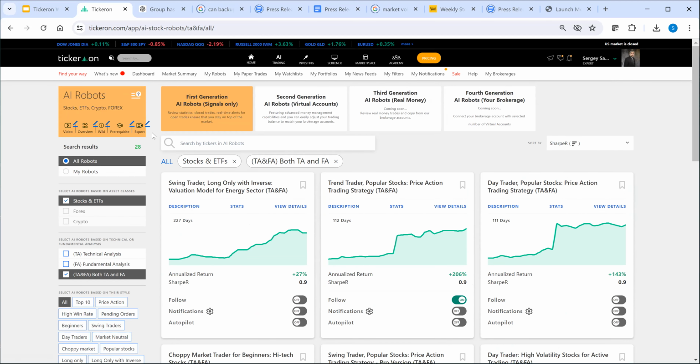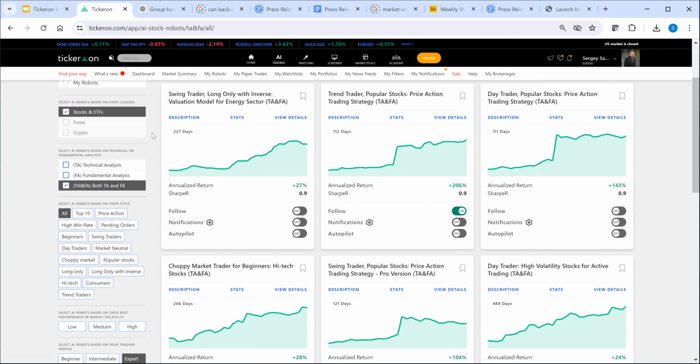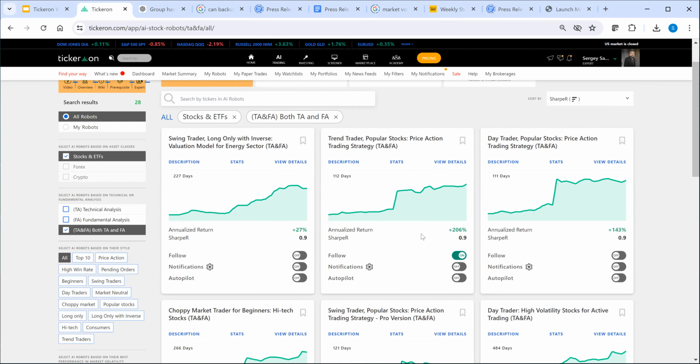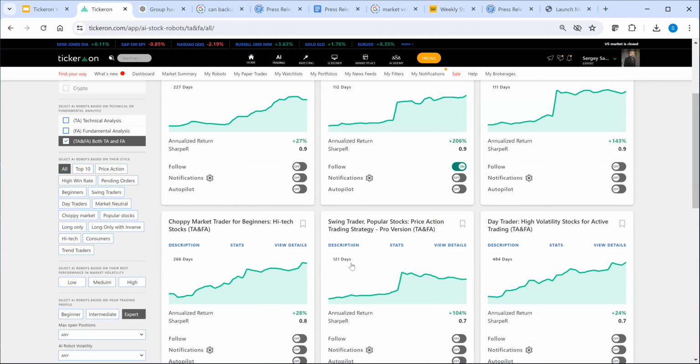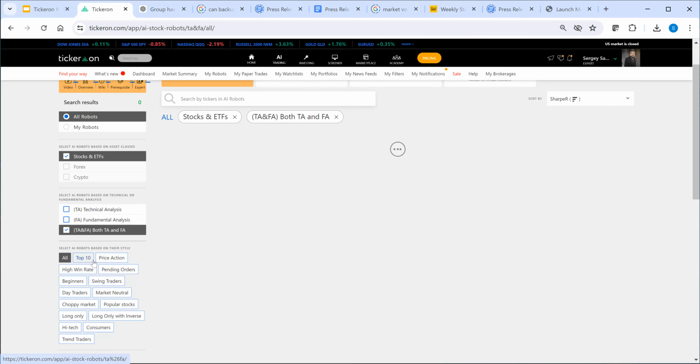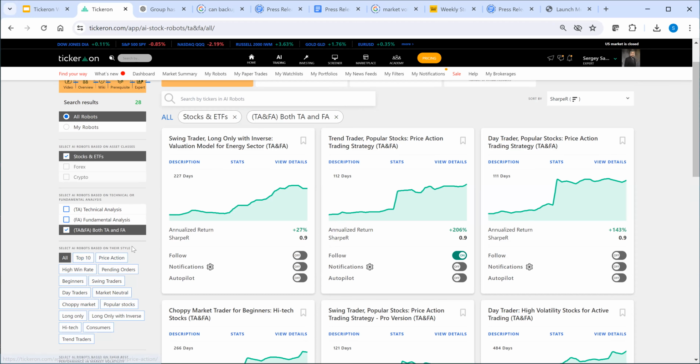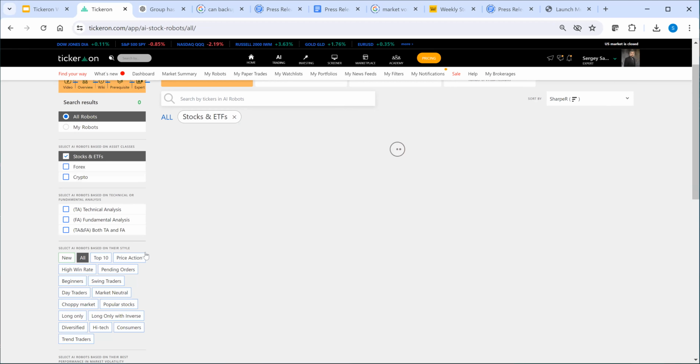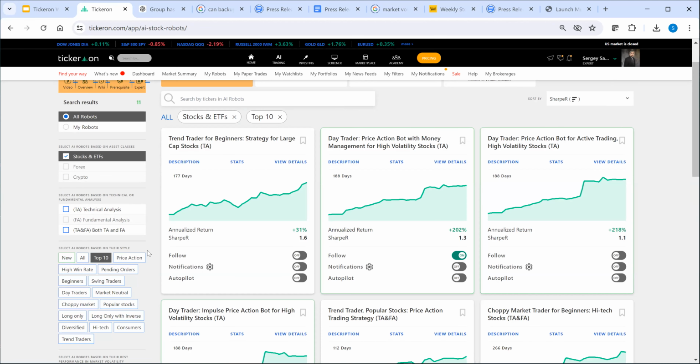Okay. Now, approximately once a week, we extract from our opinion top 10 AI robots. And as you can see, some of them perform really well based on annualized return. There's 200, 143, or maybe there was some real jumps, and some other really kind of outstanding numbers. Okay. So these are top 10s, right? Yeah, I think I should remove that one and then click on top 10. Yeah, that's better. Okay, now,